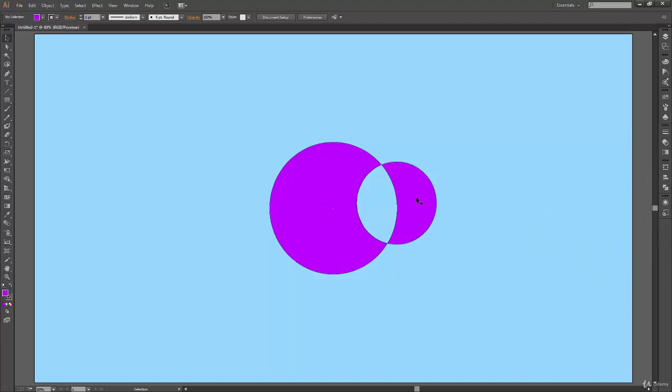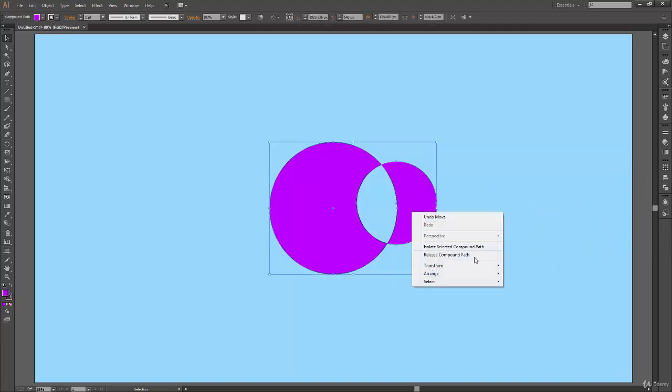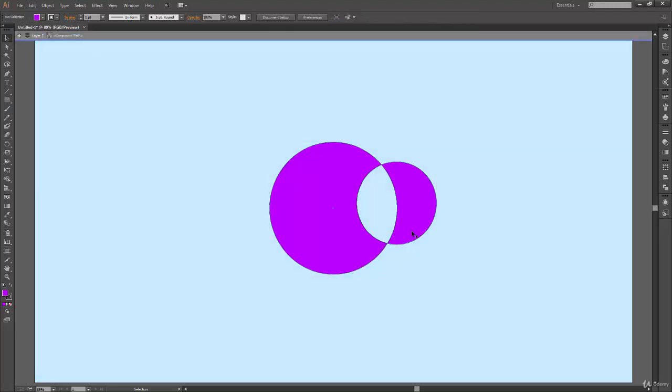But when I click on this purple area, you can see I'm getting options or a menu specifically for that shape itself. So this is an empty area, and that's how a compound path will work. If you have two shapes, then it will just create an intersection of those two shapes, and the part which is intersecting will be removed, and the part which is not intersecting will be saved.